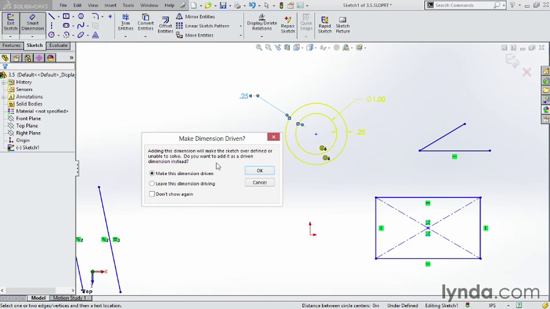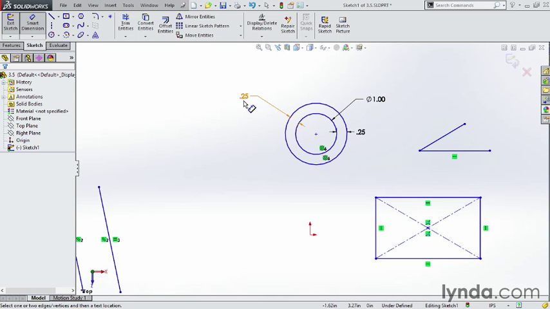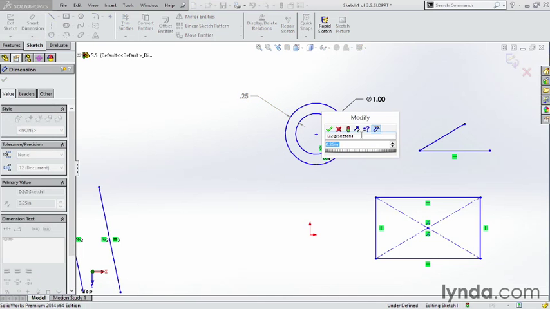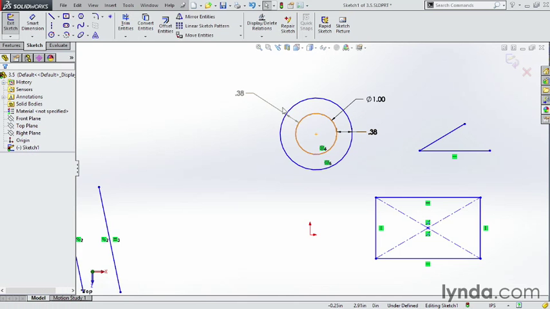So it's asking you a question. Make this dimension driven. Driven just means it's just a reference dimension. It doesn't actually control the design. Or you can maintain a driving dimension, and it'll actually cause an error in the sketch. So if I make it driven, notice it turns gray, and the other one turns black. So if I change the dimension here, click on 0.375, it automatically updates as well, because it's just a reference